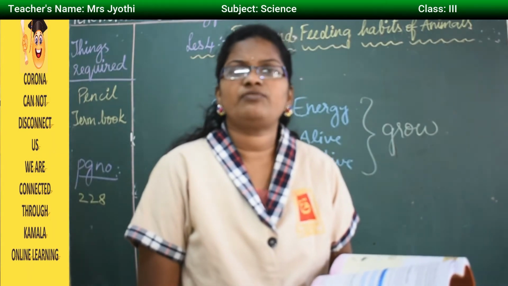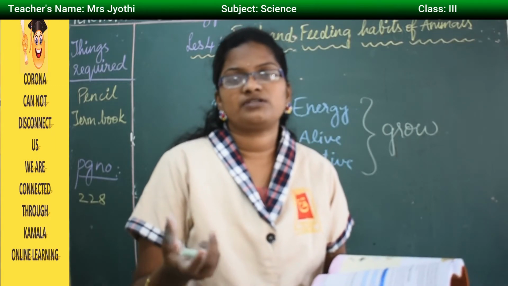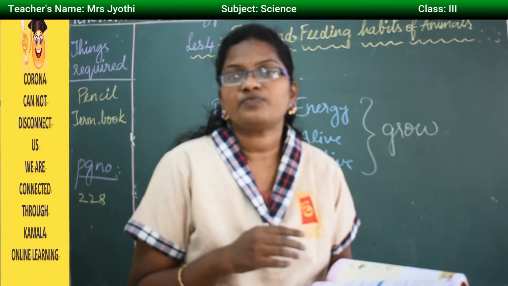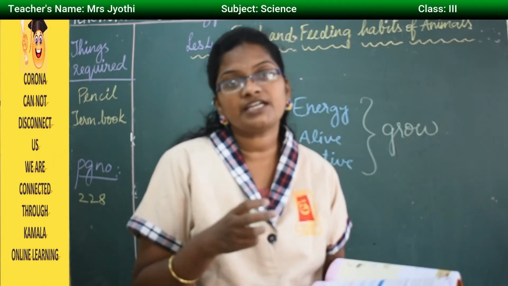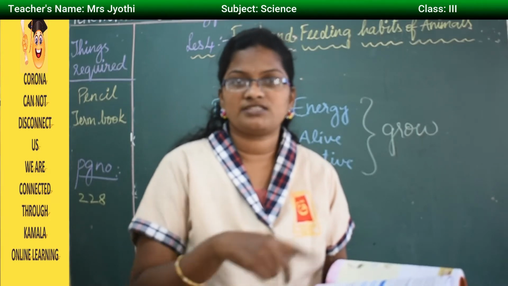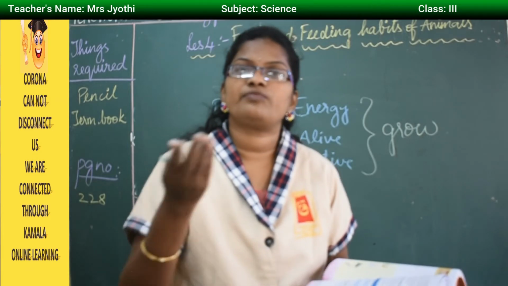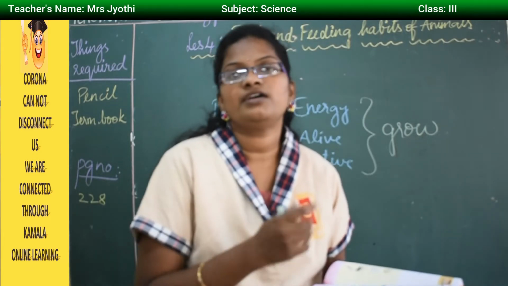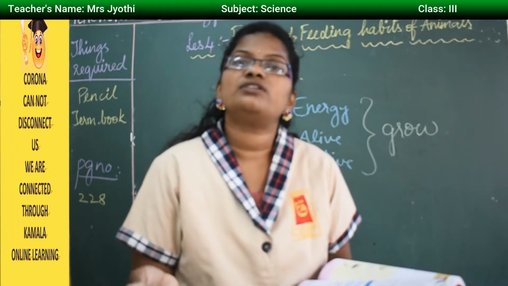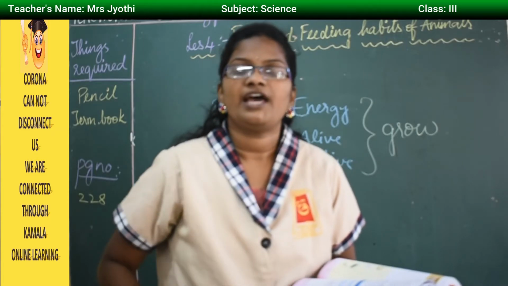In the evening we eat some bread and jam, or snack items like samosa. Where does this samosa come from? We use different ingredients to make that. We use wheat flour to make chapatis and all. Where does this wheat flour come from? Wheat flour comes from grains, and these grains come from plants. So most of the food we eat comes from plants and very little from animals.